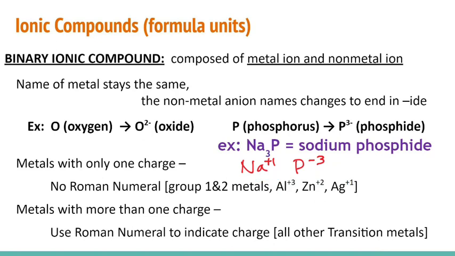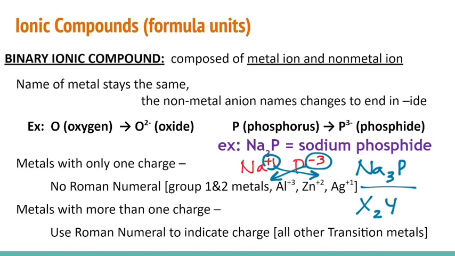In honors, what I called this process of canceling out charges was cross, drop, reduce. You can bring each of those charges over and down onto the other element. So Na gets a 3 on it now. P would technically get a 1, but we don't write those 1s there. And that's our formula. If we have something that ends up like just xy2 after we cross and drop, we